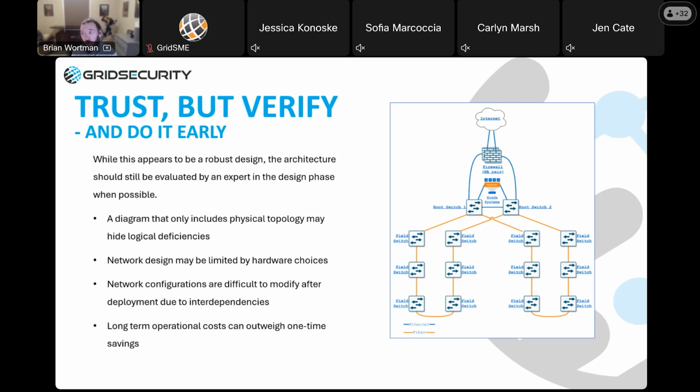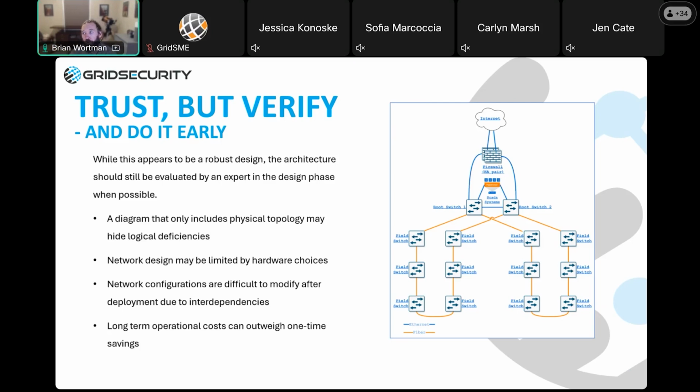Perform architecture reviews as early in the process as possible. Just a very strong recommendation. And it's not that we don't trust the groups, the EPCs, the SCADA integrators that are building these sites. It's that reliable and efficient operations are more easily achievable when all of the major stakeholders have a clear understanding of the design and any potential trade-offs that were made and accounted for in design decisions.